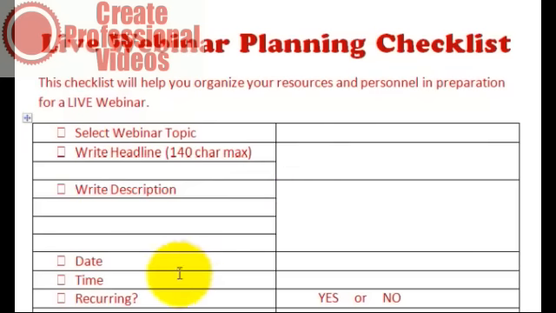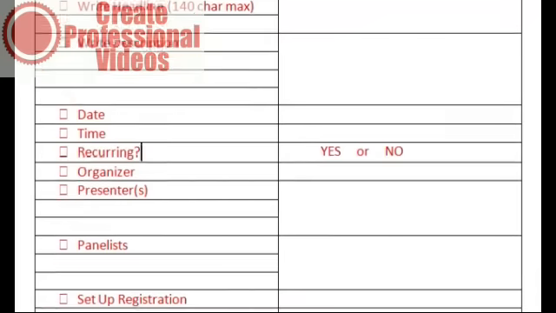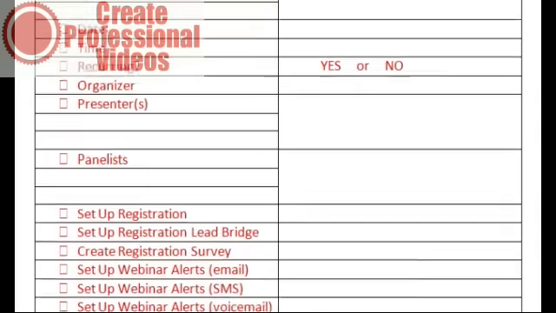Write a description here, the date that you're going to have the webinar, the time of day that the webinar will take place. Make a note if this is going to be a recurring webinar. That may be a webinar that is part of a series, or something that will be done in an encore presentation. So if you're going to be presenting it in any sort of format, make a note about that for yourself, because there are certain things that you can keep in mind when you're setting it up. If you're doing a series, some of the same stuff that you're doing doesn't have to be entered all over and over again. So that's good to know.